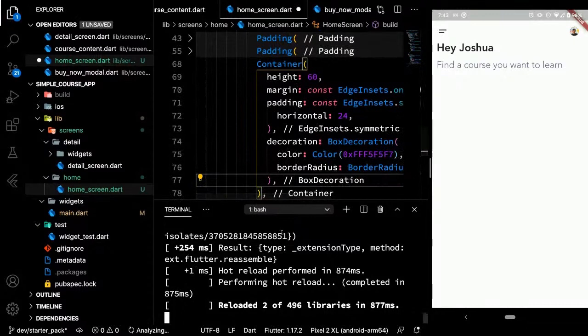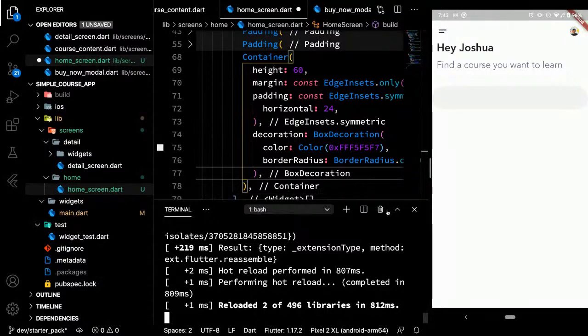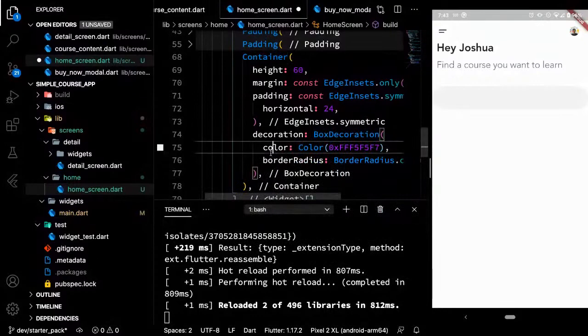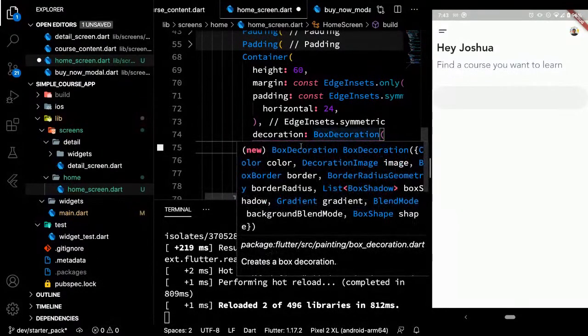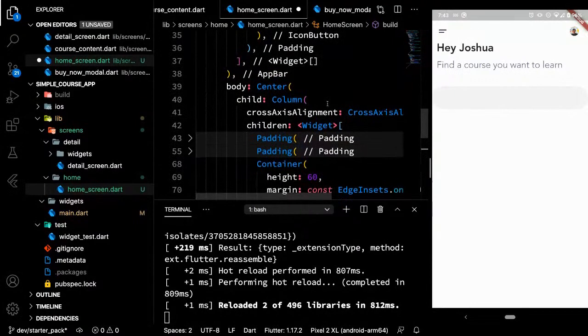Decoration is responsible for adding extra designs on your container. This decoration contains a color. The container also has a color, but if you're using a decoration, you have to add it inside this class. And the border radius is used for adding a bit of a curve.